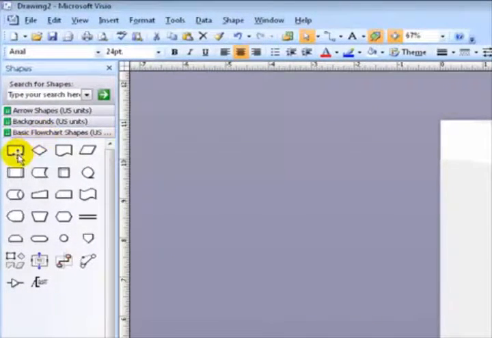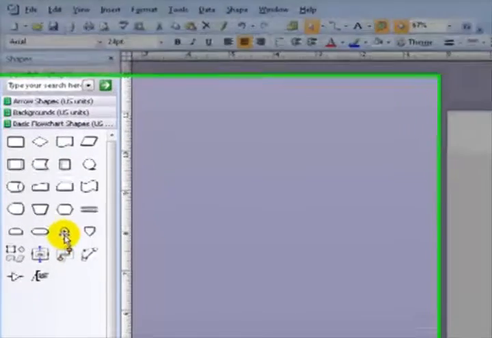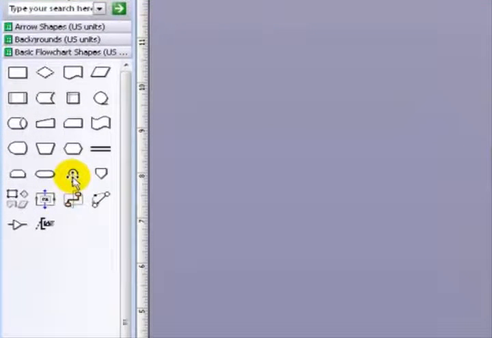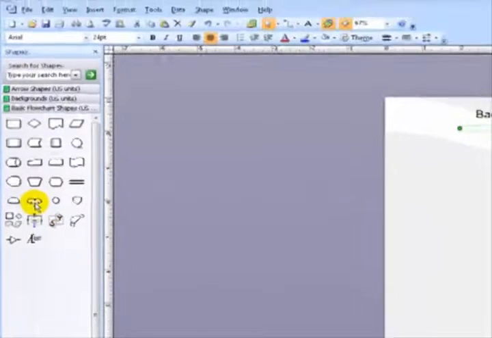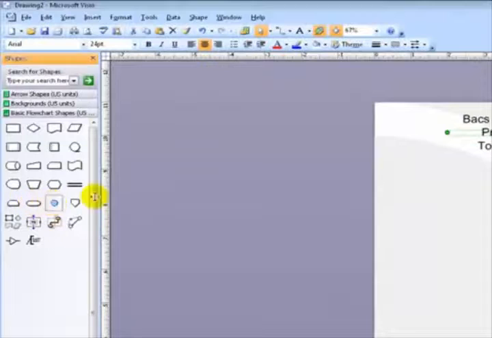Our business flowchart will use basically three types of shapes. We'll use the squares to represent activities. We'll use the diamonds to represent decisions. We'll use the circle to represent the start of the business process, and the oval to represent the end of the business process. So I like to always start off by bringing the start of the business process out here,